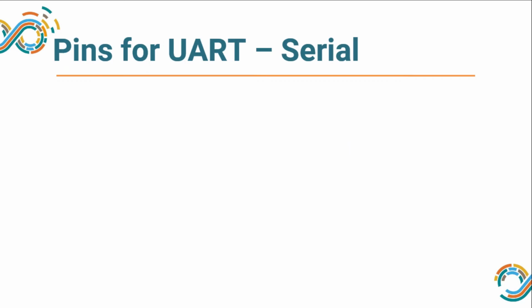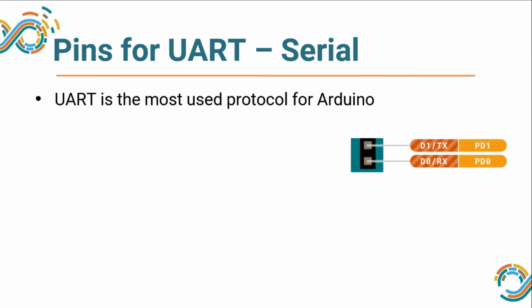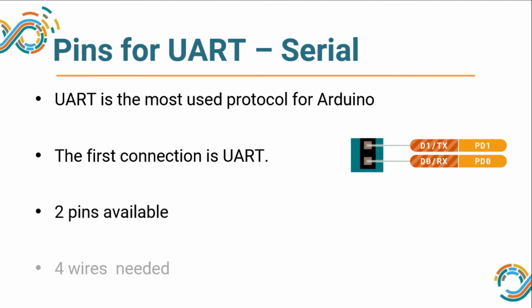The next set of pins is UART, that means for serial communication. This is pin number 0 and 1 on the digital side. So here we have a receiver and transmitter. This is one pair of receiver and transmitter, and one pair means 2 pins are there. So here we have 2 pins, but we need 4 wires for any serial communication. Why do we need 4 wires? 2 pins for receiver and transmitter and 2 pins for ground and VCC. So that is how for a serial communication we need 4 pins. Bluetooth is one of the most widely used applications.